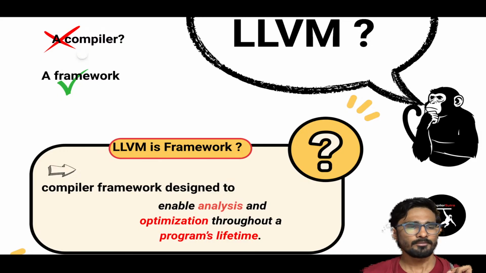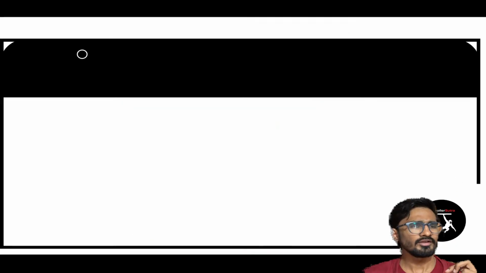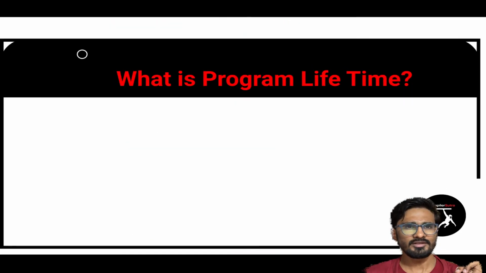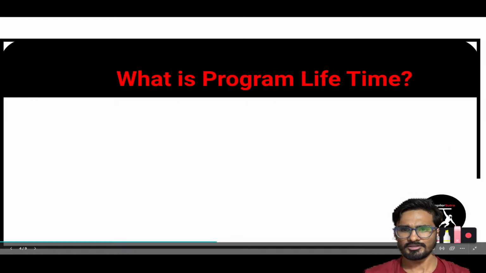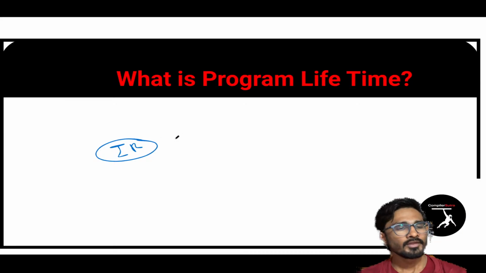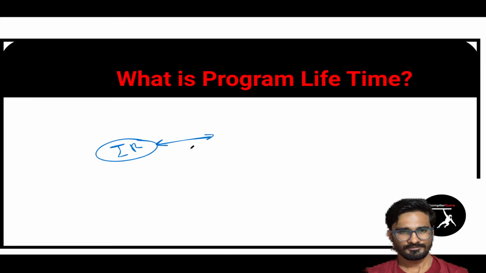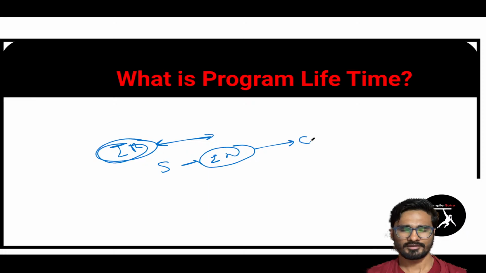What do I mean here by program life? Let's understand that. In the LLVM context, if I'm talking about the design perspective of LLVM, it first generates one intermediate representation. That IR is the soul of LLVM. Everything happens in the IR. Your source code gets converted into IR, then all the nasty things happen on the IR, and you get an assembly file, and from there the exe.